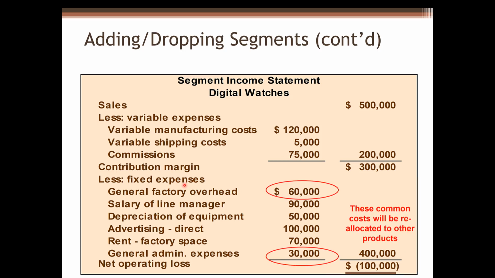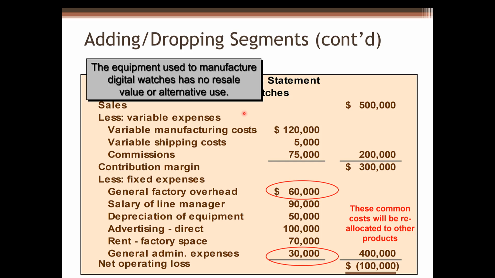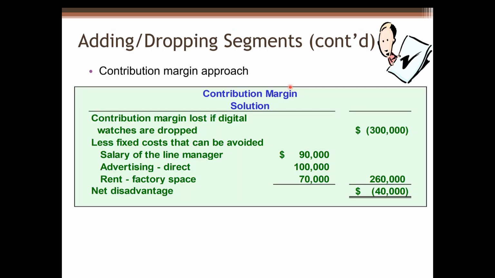Among fixed expenses, general factory overhead and general administrative expenses are not avoidable costs. These expenses assigned to digital watches will be reallocated to other products. Additionally, the equipment used to manufacture digital watches has no resale value or alternative use. We can use contribution margin approach to analyze the decision. If digital watches are dropped, contribution margin lost